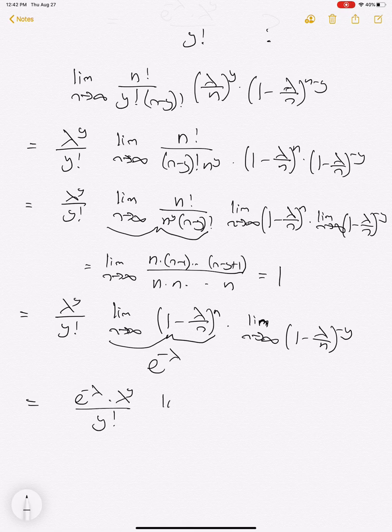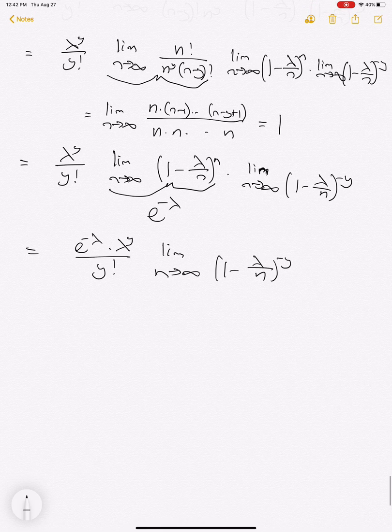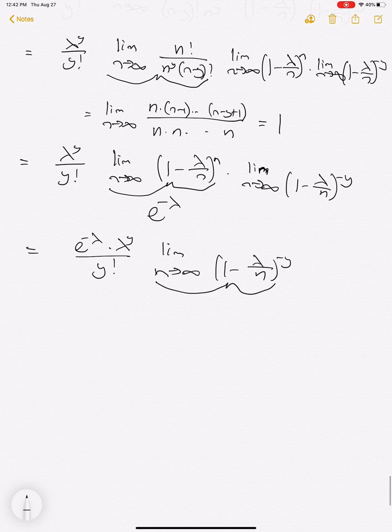Okay, and so now we're left with this, and because we ideally know the answer, we're just expecting and hoping that this is 1. And it turns out that this limit is 1, because y is just a given, a fixed number. You're just raising 1 minus something to a power, and that something is going to 0. Because y is fixed and not related to the limit, this number is just going to 1 very quickly. And when you raise 1 to the power of anything, it's just 1. So this whole thing is just 1, and you just end up with